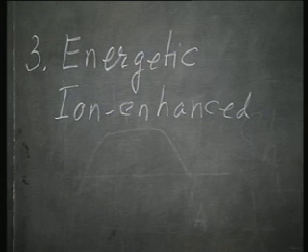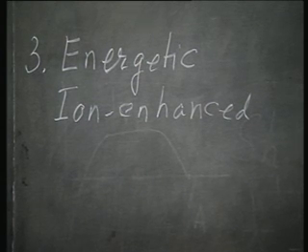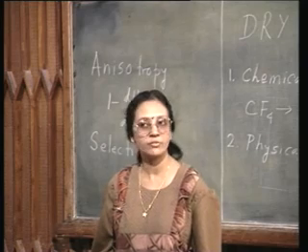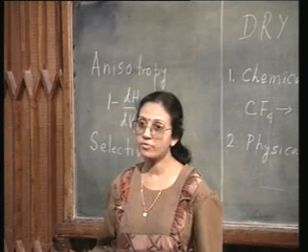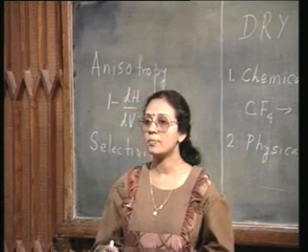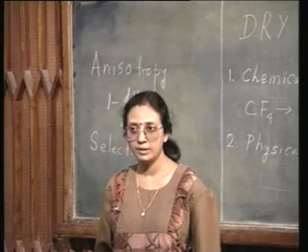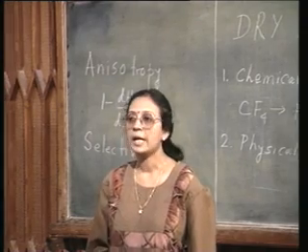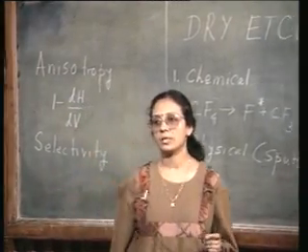Even though I said that we can try to combine, do not take it too literally, because it is not really a combination of the first two processes. It is a different process altogether, but where we have managed to optimize the characteristics of these two types of etching. In energetic ion enhanced etching, what happens is that